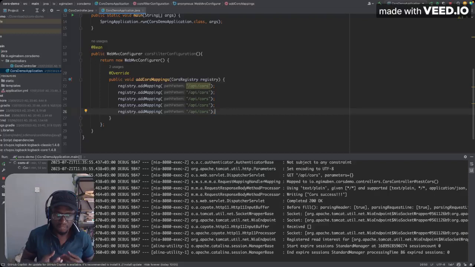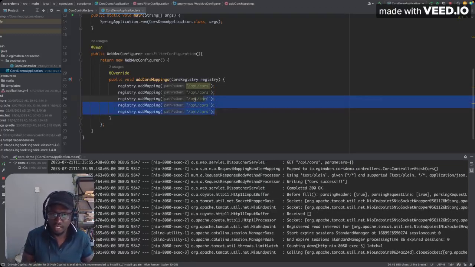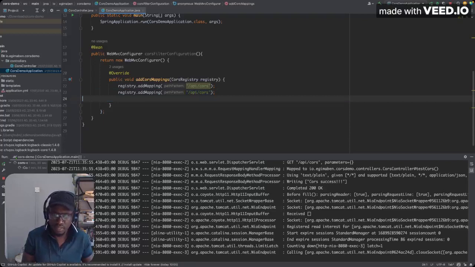This is similar to the example of defining cross-origin annotations on different endpoints. Okay, so you can define different ones targeting different APIs and give them different configurations. So just to draw the similarity with cross-origin annotation,